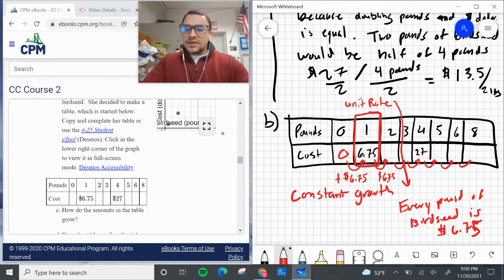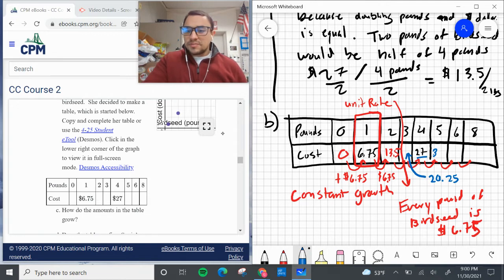So $6.75 and $6.75, that's going to be $13.50. And then you add another one, this one right here, I'm going to use blue, is going to be $20.25. So I'm going to put it down right here. Please put that inside your box. Mine's a little small. Add another $6.75. That will give you $27 right here. Add another $6.75. That is going to be 33.75. 7 and 6 is 13.